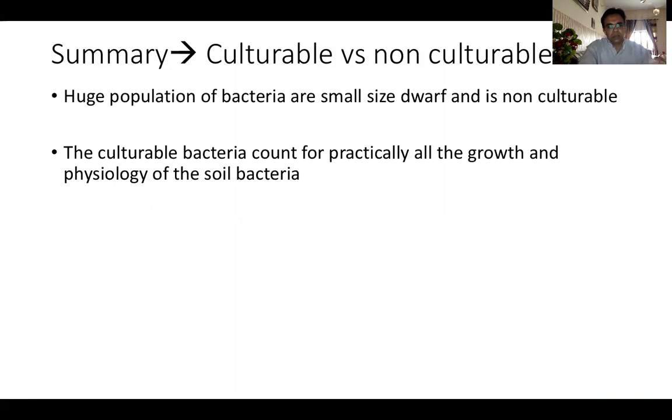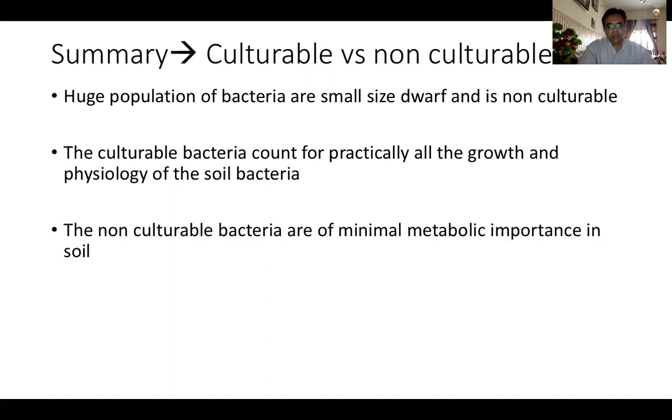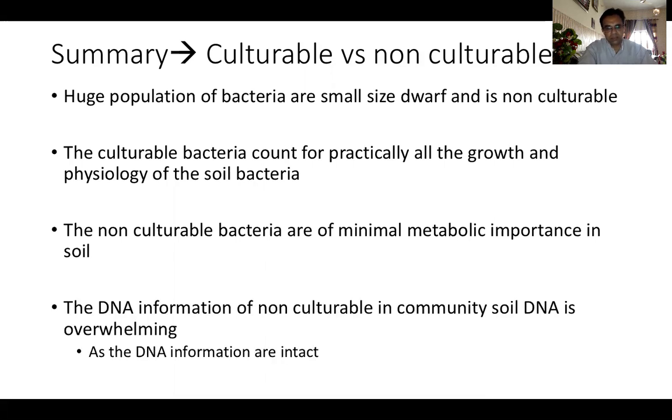The culturable bacteria account for practically all the growth and physiology of the soil communities. The non-culturable bacteria are of minimal metabolic importance in soil, although they are in big numbers. The DNA information of non-culturable communities is overwhelming as the DNA information or